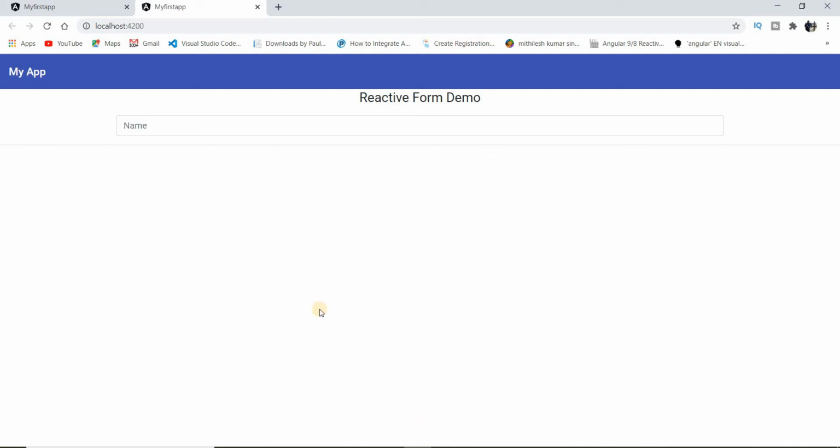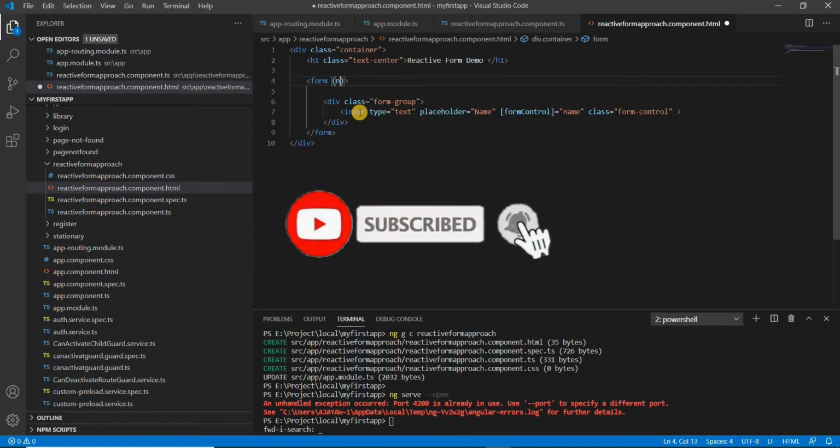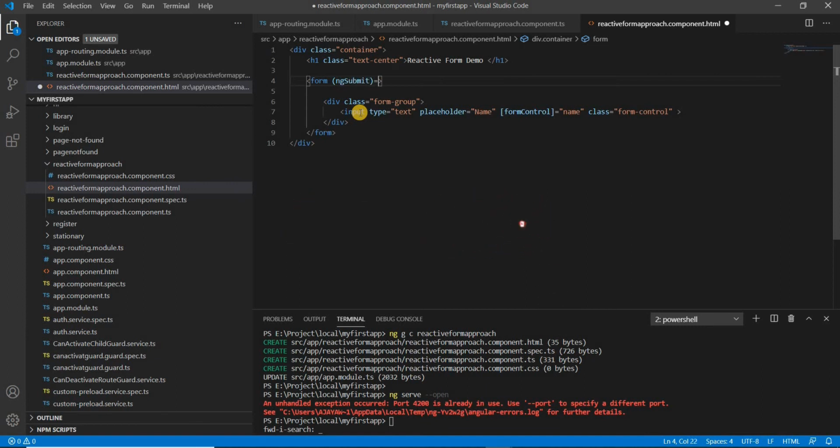So friends, this is our form name. We have to create one event like ngSubmit, and here we have to define a function, and we also have to take a button, submit, and just pick a class btn btn-primary.